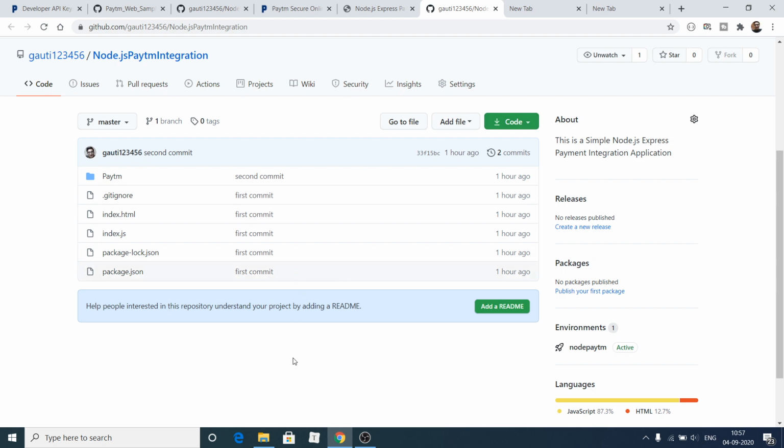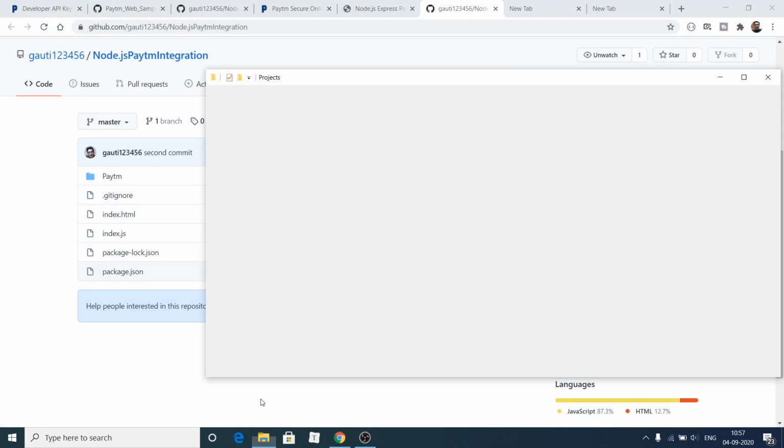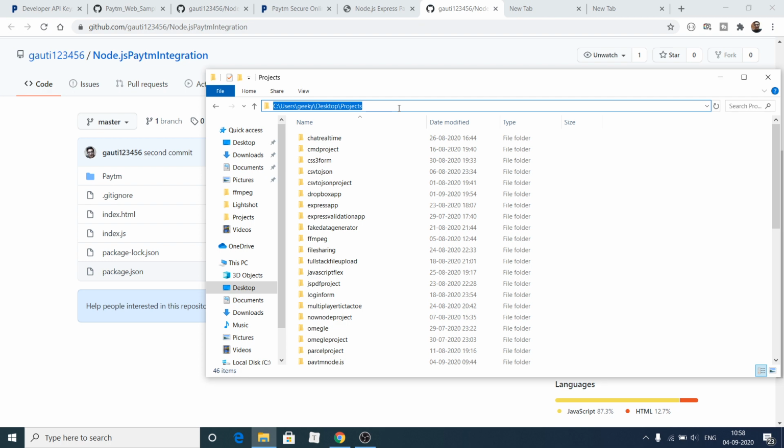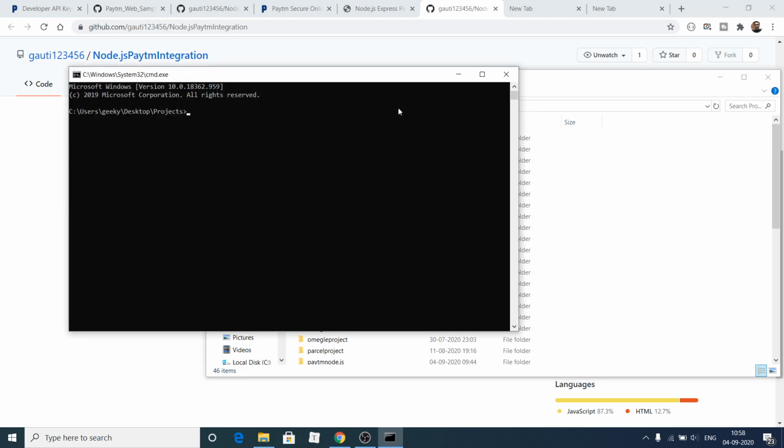And now we will start building this application from scratch. So I am there inside my projects directory, so I can go to the command line and make a new directory. So this will be Paytm Node.js. It already exists, so let me just use Paytm project, let me cd into this directory, and then we will initialize the empty package.json file by invoking this command npm init -y.